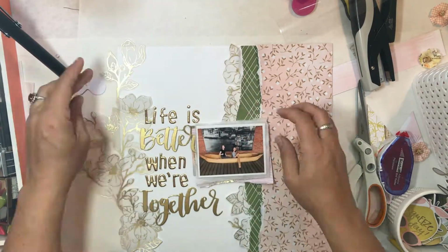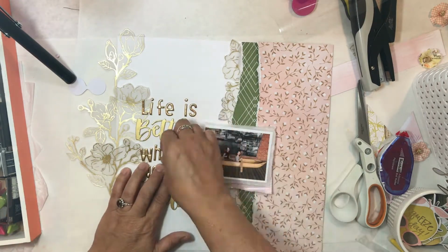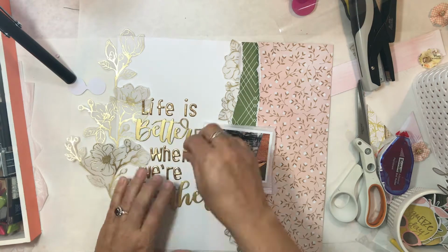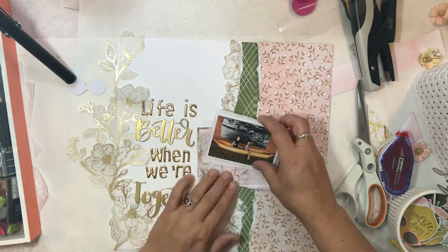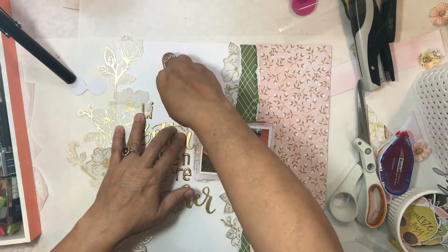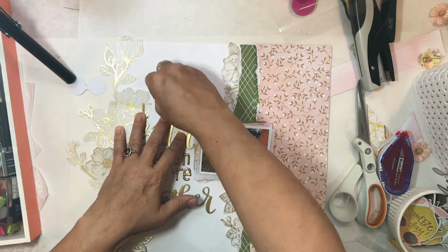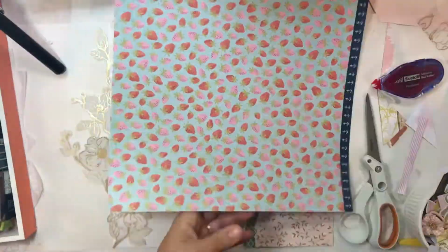So once I placed all of that, then I decided I wanted the vellum, sorry, to go off the edge, and then I'll cut that off and I'll use some more of that towards the end of the video, I think, actually. So now, once I got all my alphas placed there, I realized that I needed to move a few